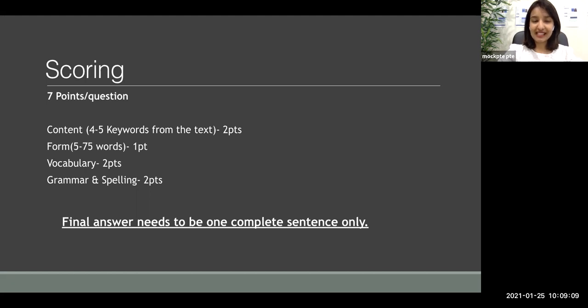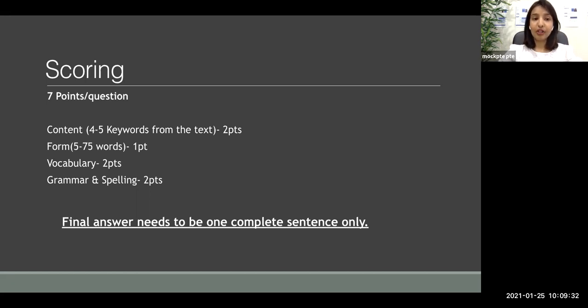Do not write ETC, E.G., I.E. Do not use any of the short forms. Write example as E-X-A-M-P-L-E. Write it in full form itself. Do not use the short form of E.G. Use full forms. Use only academic vocabulary. Academic vocabulary means words that you usually see in textbooks, in academic journals, in articles.